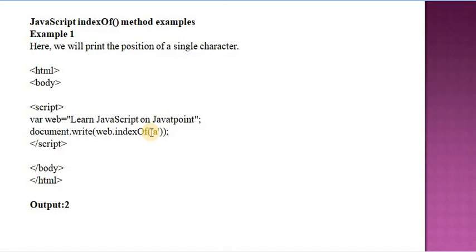At the second position A is placed, so the output of this program is 2. It displays 2 on a web page. This is a simple example of the indexOf method.